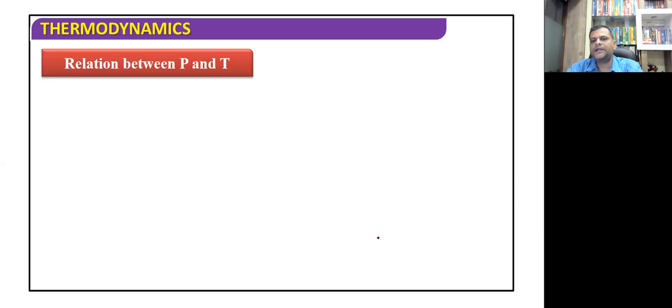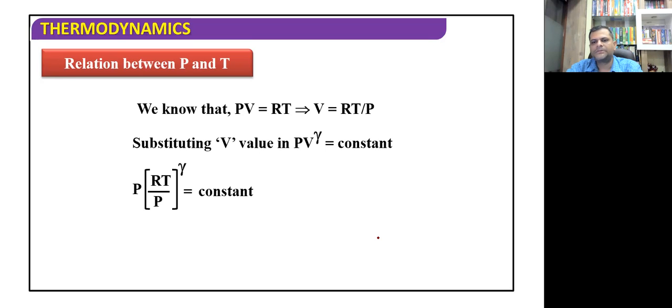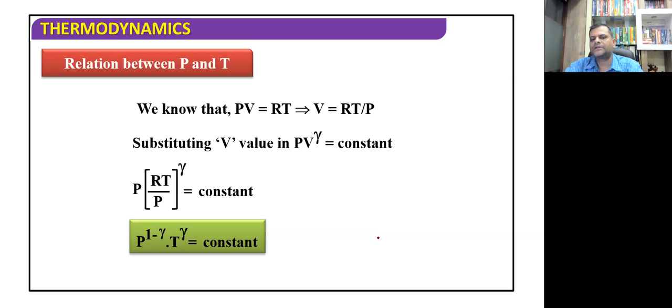And the relation between P and T can also be derived along the same lines. We use PV equal to RT and replace V with RT by P in what we just proved, that PV raised to gamma is equal to constant. So it becomes P into RT by P, the whole raised to gamma. If we separate out and simplify this further, we can prove that P raised to 1 minus gamma into T raised to gamma is always a constant, or we can also write it